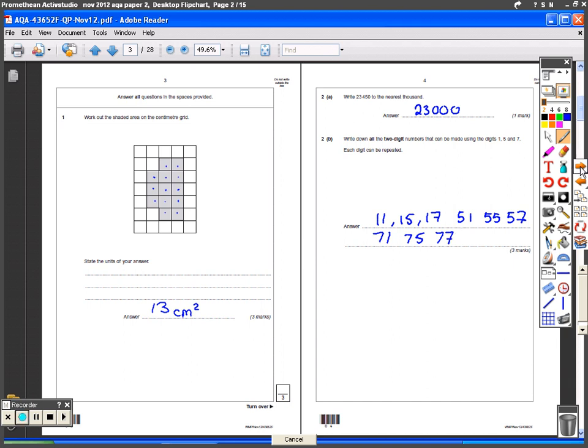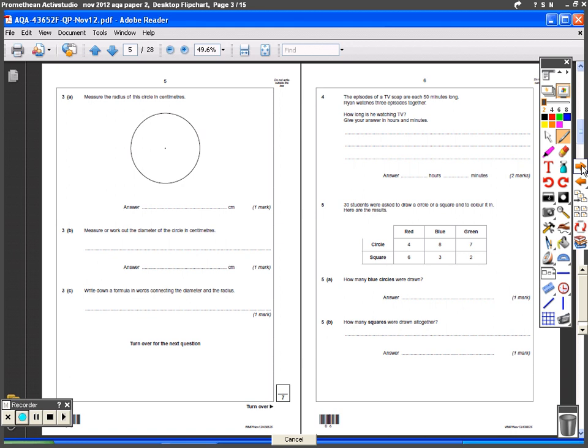Okay, moving on to question 3. It says measure the radius of this circle in centimetres. So the radius, of course, you've got to know, which is distance from the centre of the circle to the edge of the circle. So you pick up your ruler, measure from this end to this end. And I think it works out as being 2.7